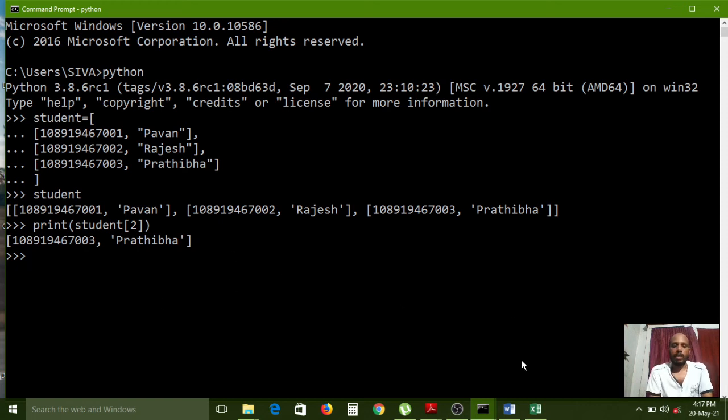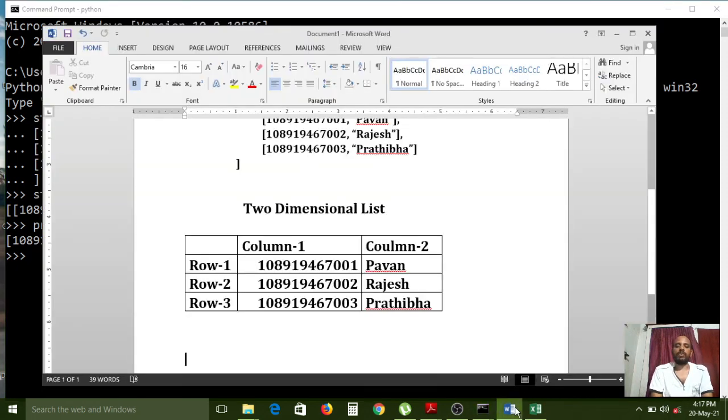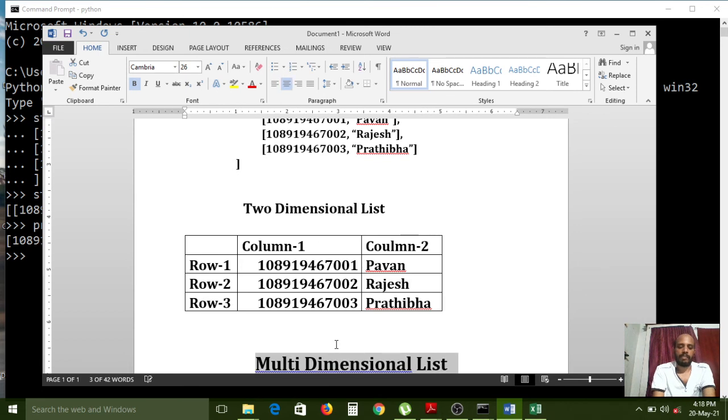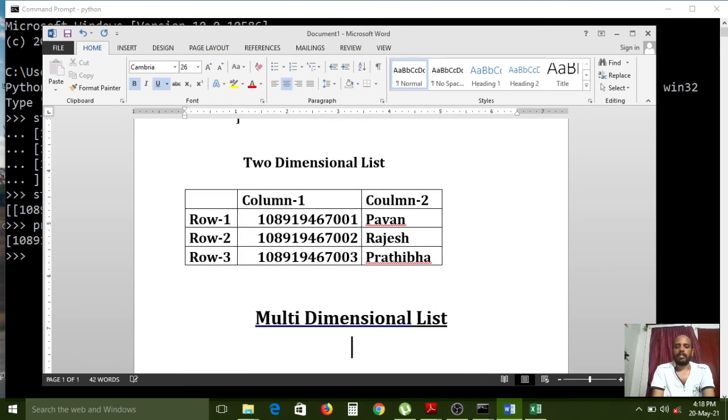So now the two-dimensional array is completed. If you want to create a multi-dimensional list, then you can simply create it, no problem. As per your requirement, you can create a multi-dimensional list also.